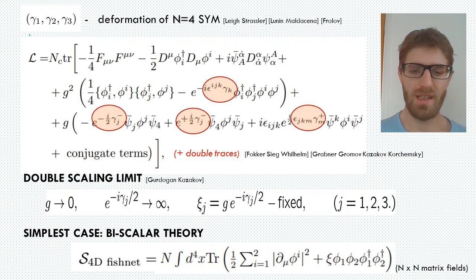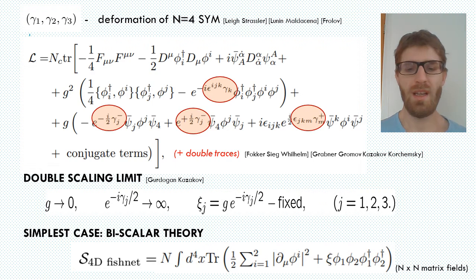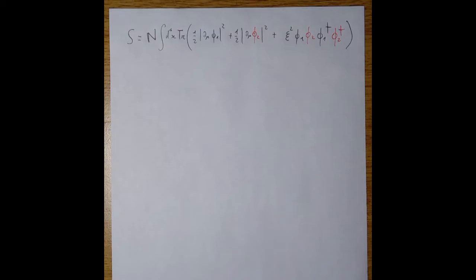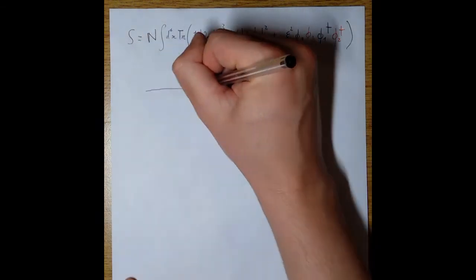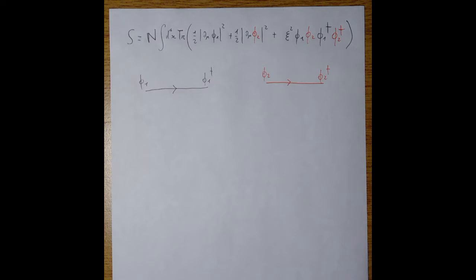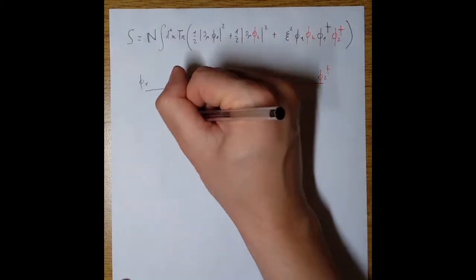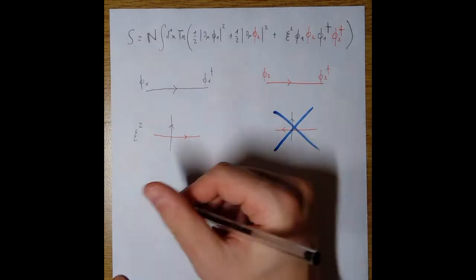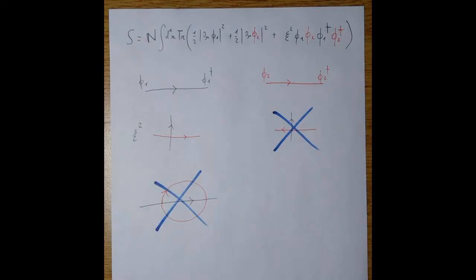These fields are N by N matrices, and there is now a global U(N) symmetry, which is a relic of the gauge group, and two U(1) symmetries associated with the two scalars. Let's represent the two scalar propagators with black and red directed lines. Non-unitarity implies that while this interaction vertex is present, this one is not. This rule is essential for conformal invariance. For instance, it forbids the London Underground diagram, which would give mass to the scalars.